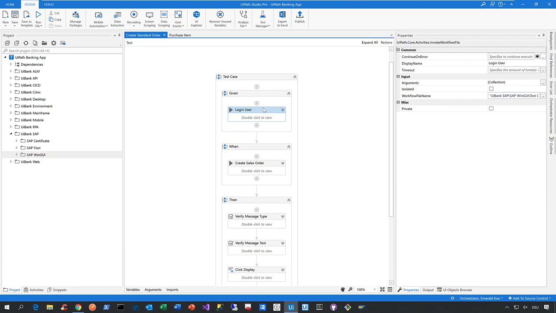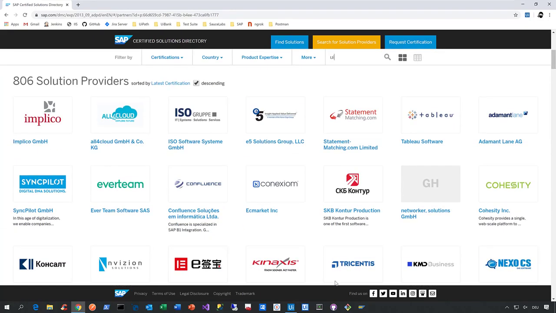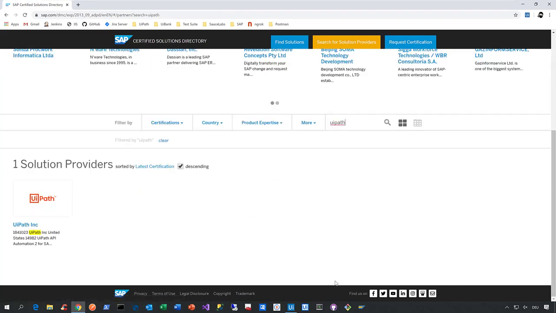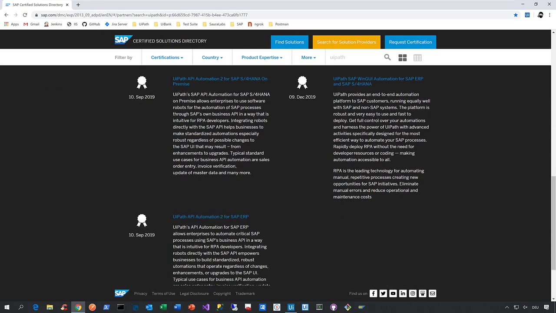UiPath is officially certified by SAP as a solution that provides robust, flexible, and fast automation for all SAP applications. To give you the proof, let me open my browser and navigate to the so-called SAP Certified Solutions directory. In that directory, you can search for UiPath. So let's do that. Now, once you did that, you see our logo here. When you click on the UiPath logo and scroll down a little bit, you see all three certifications UiPath has